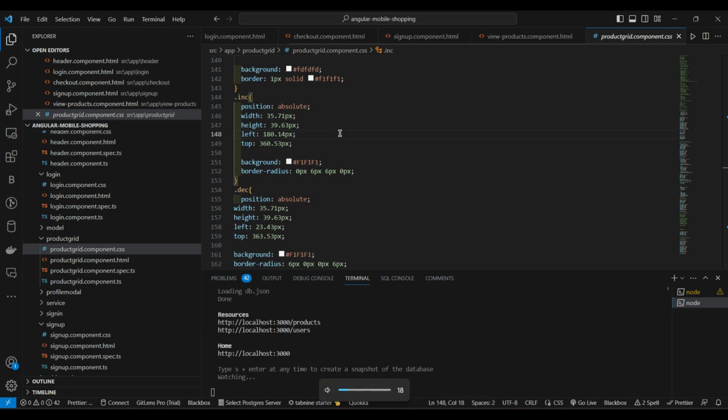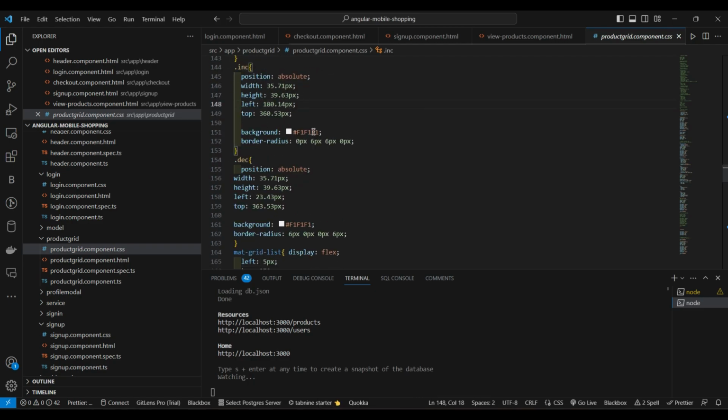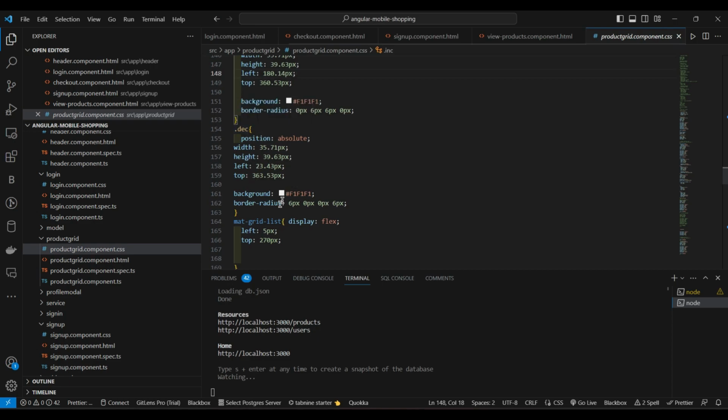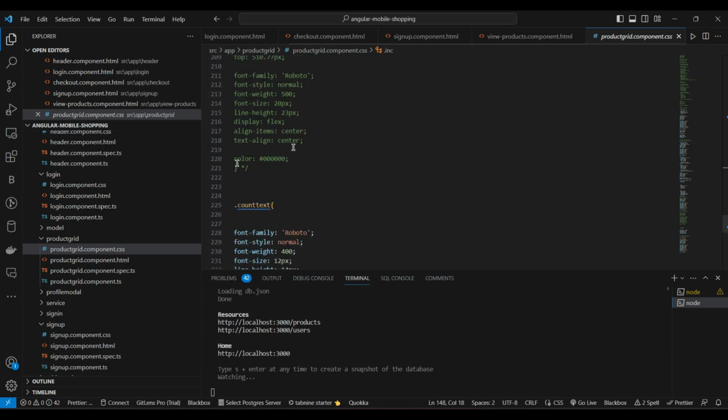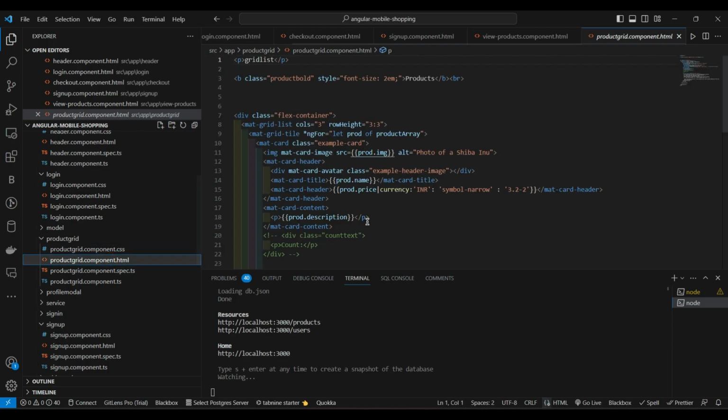I have written the code for the CSS. For the increment button I have given some, and for the decrement button also. Similarly for the input and the add to cart button. So like that I have given the CSS as well. Okay,